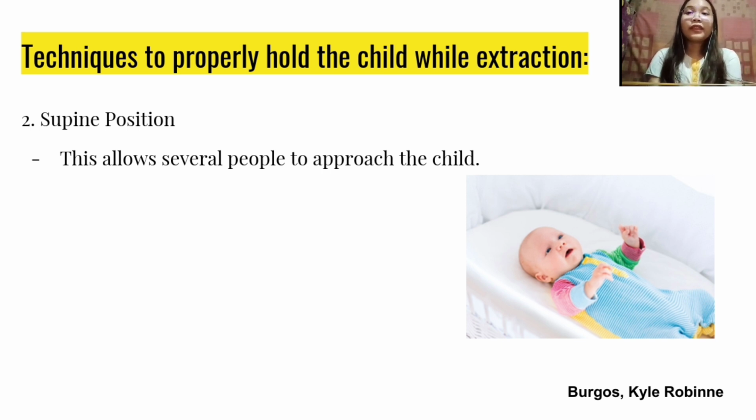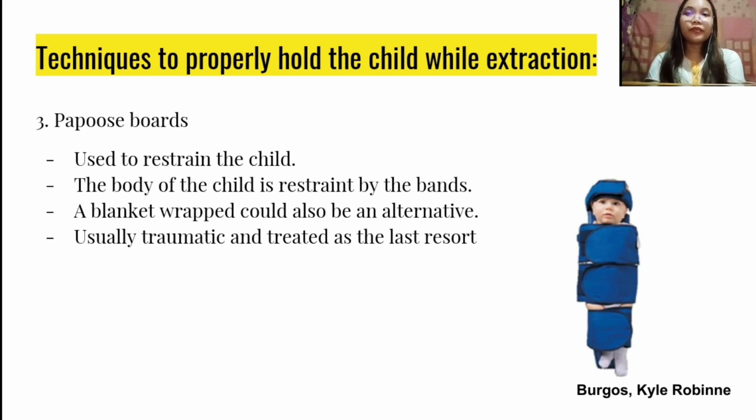Next, we have this papoose board that we use to restrain the child. The body of the child is restrained by the bands. A blanket wrap could also be an alternative, but it is usually traumatic and treated as the last resort. So these two techniques can be used, but sometimes they tend to be the last resort